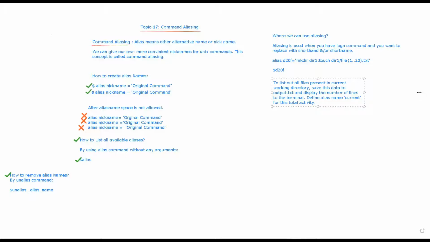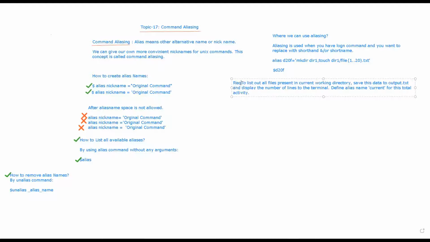So what this requirement says: list out all the files present in the current working directory, and save this data to output.txt and display the number of lines to the terminal.